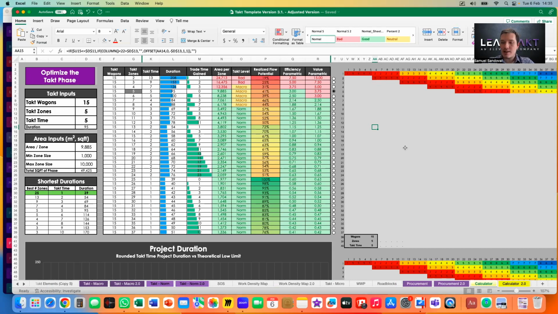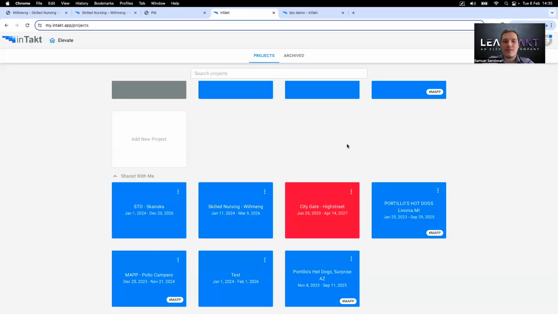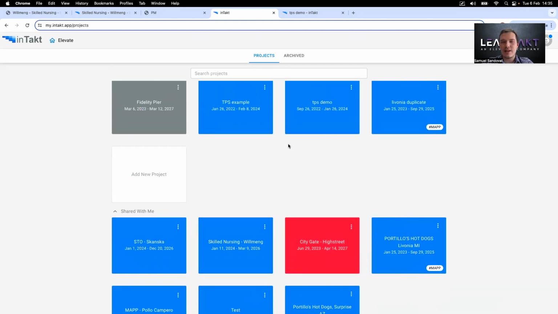So let me go ahead and go to LeanTakt. I want to showcase a little bit of how easy it is to create your project and your first phases, and how everything is way more automatic. I'm just going to make a quick example to showcase how intuitive and easy it is to use. So when you get into LeanTakt, this is a little bit of how it's going to